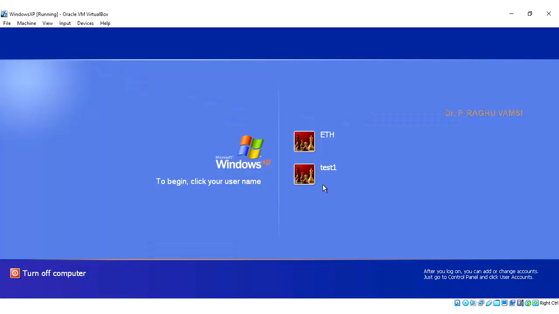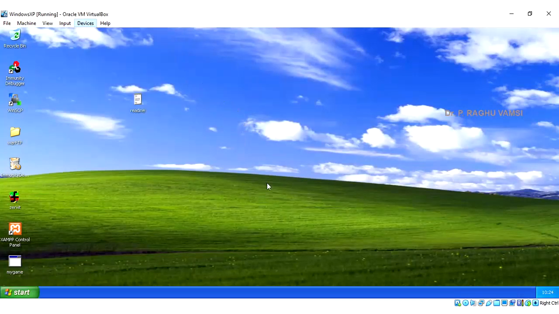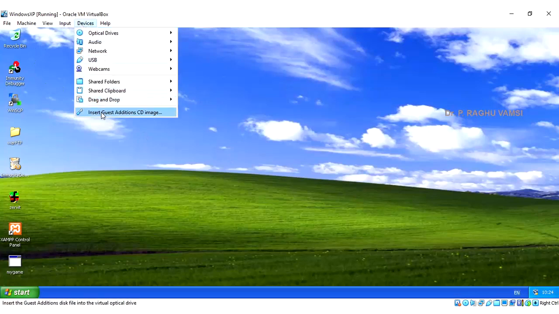You can observe here, along with ETH, test1 is also created. This test1 was created by the attacker computer, that is from Kali Linux. Whenever the webcam is enabled, then related drivers will be installed here. And if you want to go for installing the full-fledged drivers, then you are supposed to go for Devices, Insert Guest Editions CD image. Whenever you click this, automatically the driver and its supported software will also be installed by the Guest Editions CD image that is included